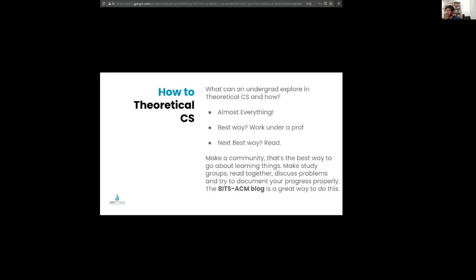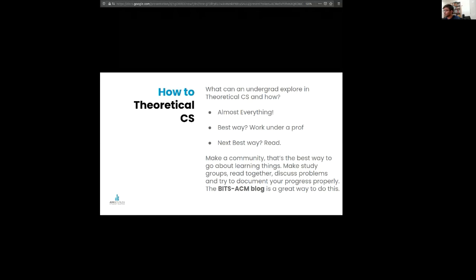I would also suggest that, while learning, you write about the stuff you learn. It helps you see how much you've grown. So if you ever want to write about anything cool you've done or learned, you can do that through ACM's blog. You don't have to be a part of ACM to write for the blog. It's possible for each and every one of you.